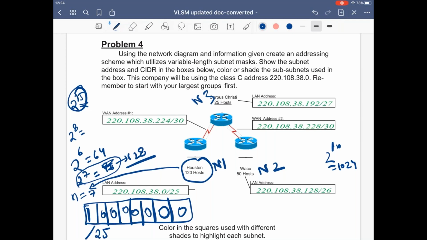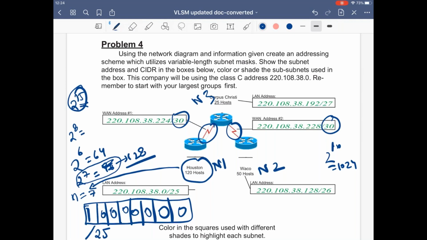Broadcast ID is 223 for network 3. For network 4, it starts from 224. Network 4 and network 5 are almost the same. The subnet mask is the same because we need only 2 hosts, so the last two host bits are 0. So the subnet mask will remain the same, and even the IP address range will be the same.